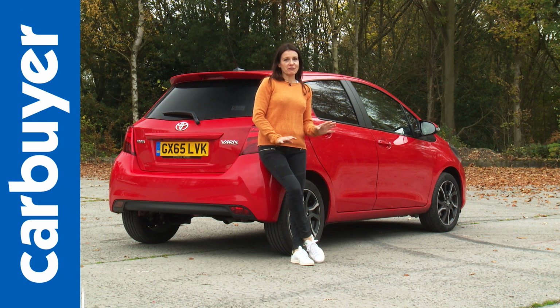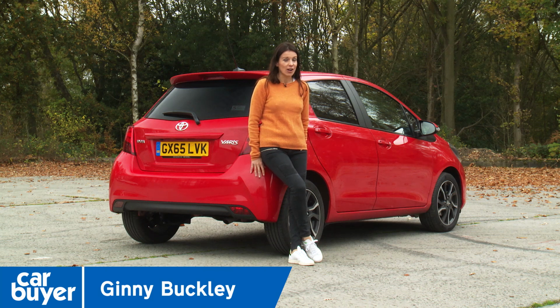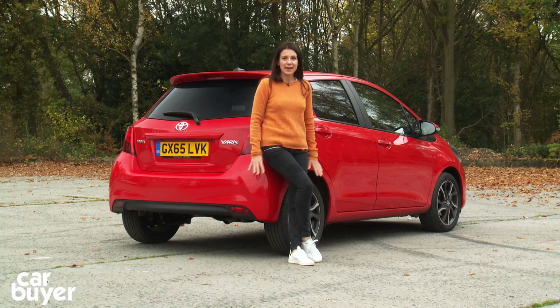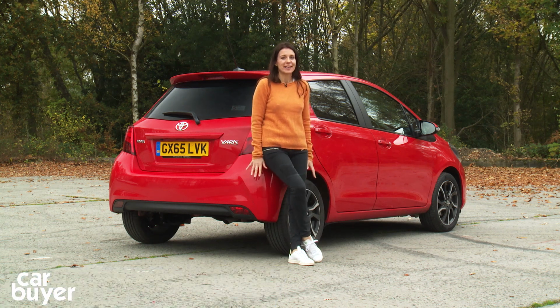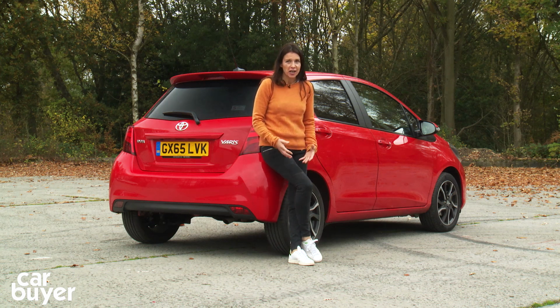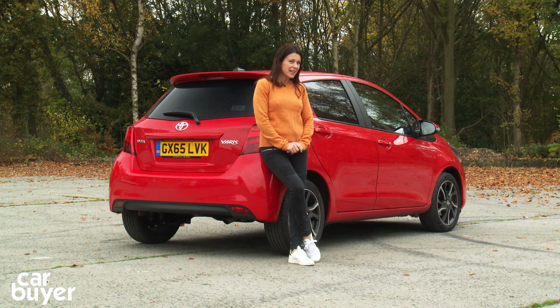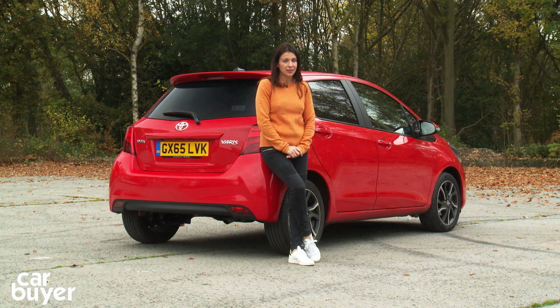Now I can remember reviewing the first generation Yaris back in the late 90s and getting quite excited about it. You see, back in the day, this was a groundbreaking car. It was small, it was cute, it was fun to drive, and it was the first of a new breed of super minis. But over the years, the Yaris has gained a reputation for being a little bit dull, reliable,